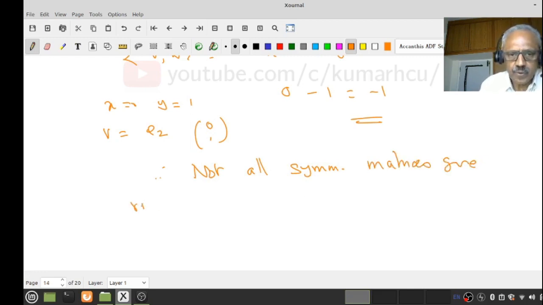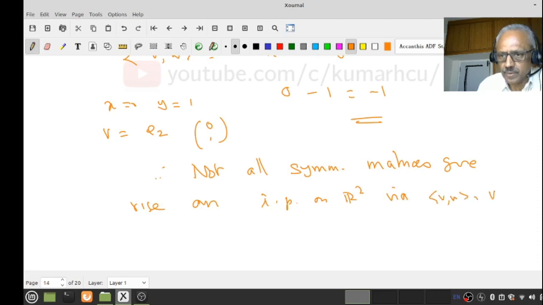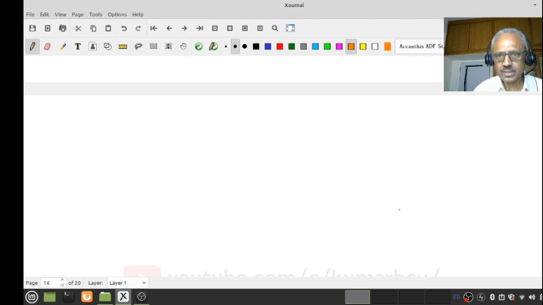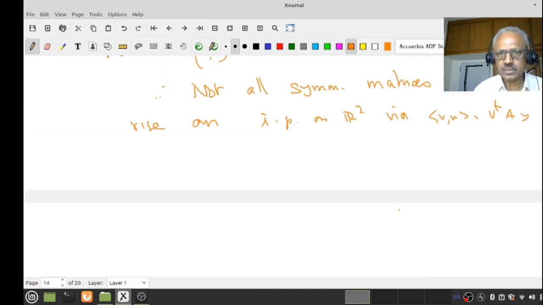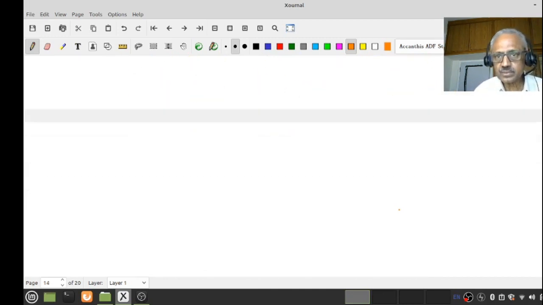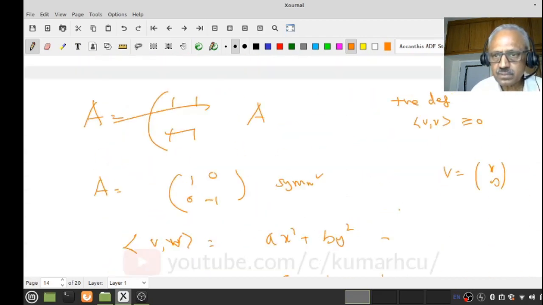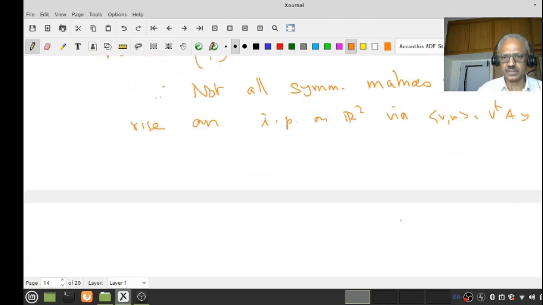Give rise to an inner product on R2 via (v, w) going to v transpose A w. Right? Because the first condition is violated. Okay, maybe the first condition is okay. The next thing, something. Oh, I wanted to say it's 0, right? Yeah, that's right. It's an A. Now